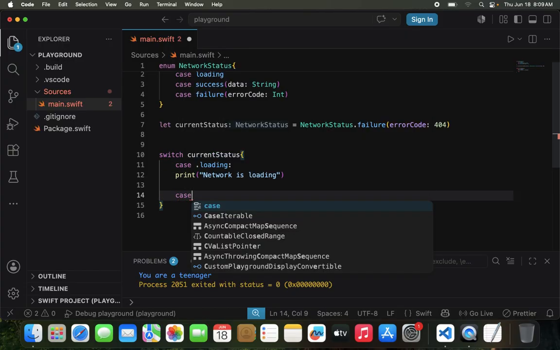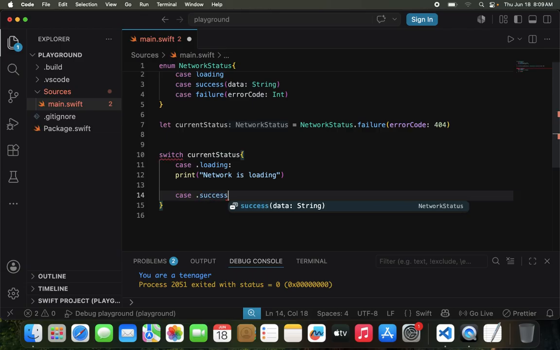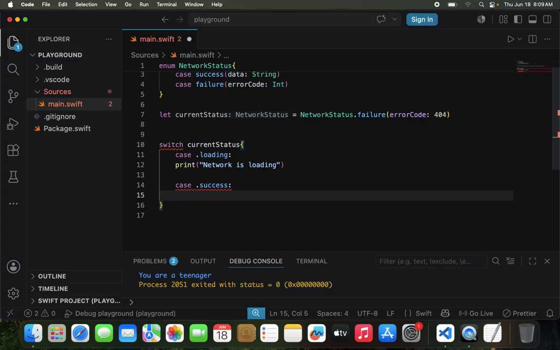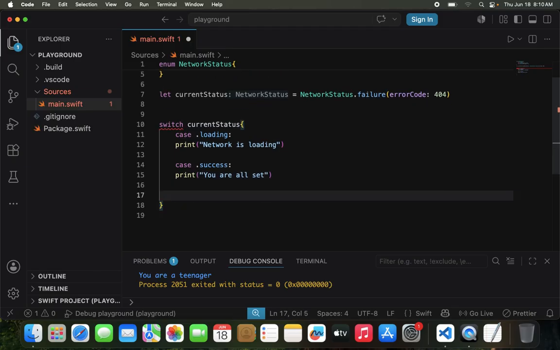We could also do case .success. Then we're going to have a print, "you are all set", and then we could have case .failure, and then here we could have